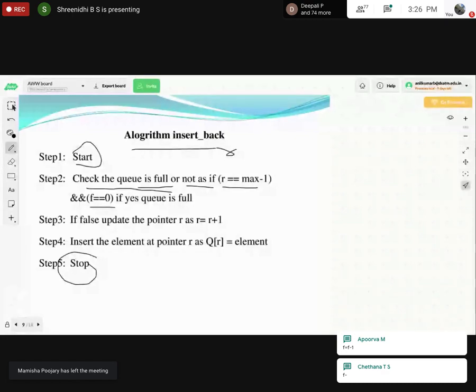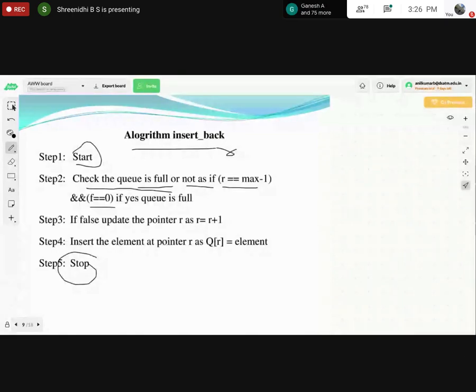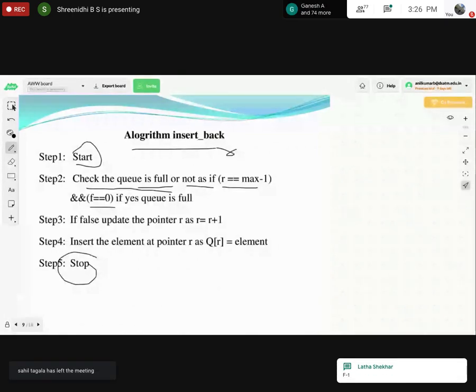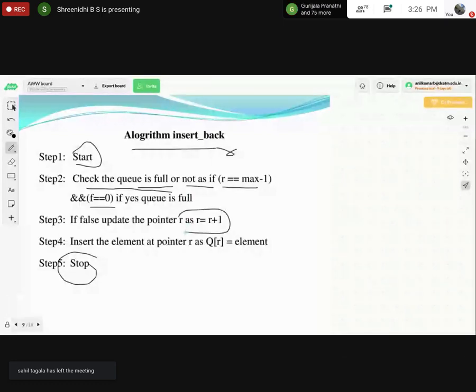Front, correct. Front is equal to f - 1. Here, can you see this? If false, update the pointer of rear is equal to rear plus 1.